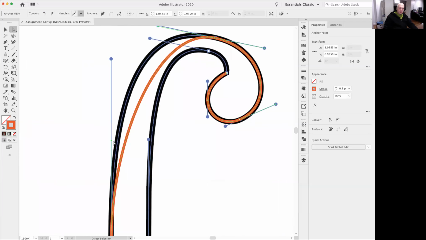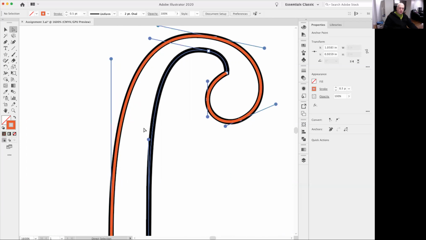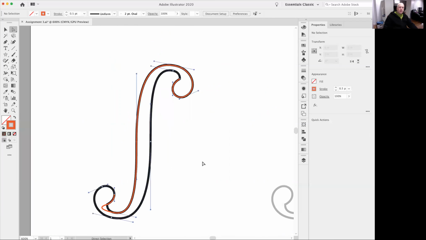And then just keep on going, same thing here. Move it all the way up here, and then boom, voila. So now that you get the gist of it,